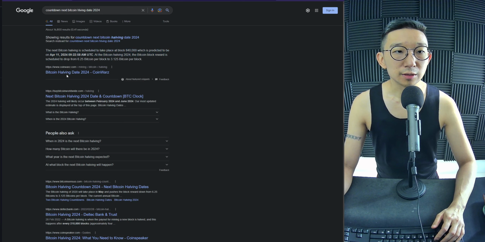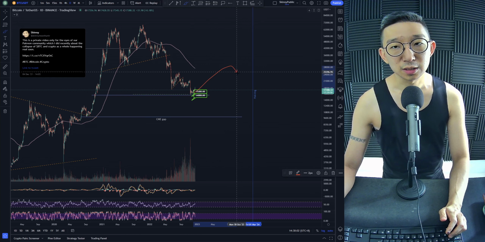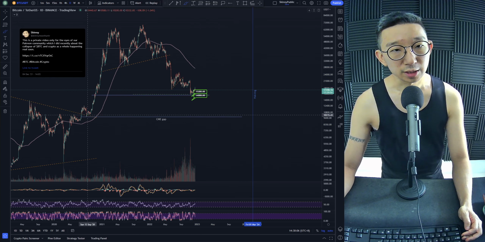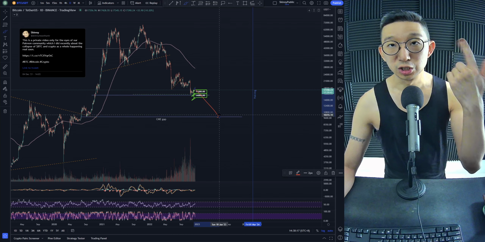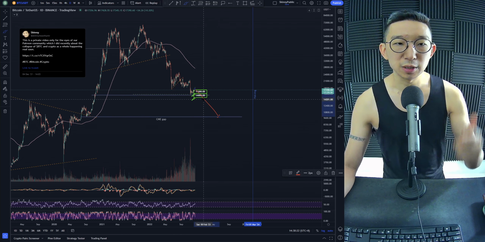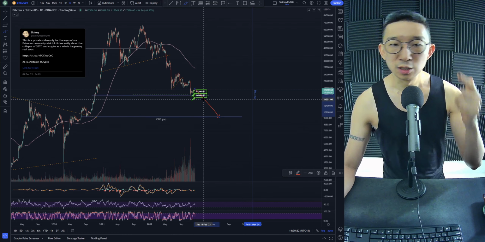So there is a real possibility that we may not get a new all-time high by the next halving. Is there a possibility that we go even lower? I'm not too sure about that. Again, there's this CME gap thing that is bothering me. So I feel like we could still hit lower first. The best case scenario would be for us to hit lower. The CME gap for the next year, 2023, we just keep dropping. Best thing that could happen for Bitcoin is we just keep dropping. We hit sub 10K, which means that we go back down to 4 digits Bitcoin before we hit back up. That would be the best case scenario.